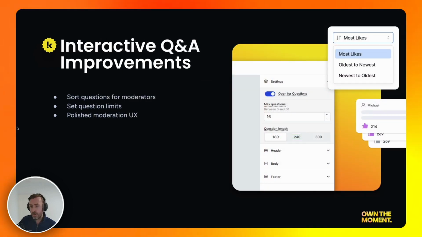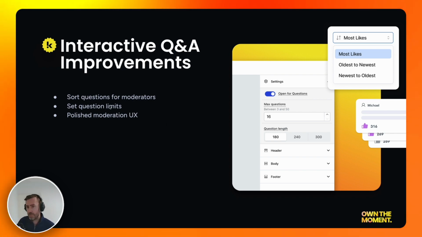All right, the next card I want to talk about is Interactive Q&A. Again, one of our more popular cards, in particular in our events and entertainment verticals. This month was all about focusing on the moderator experience: the person moderating a live Q&A event in real time, and how we make their job as easy as possible.